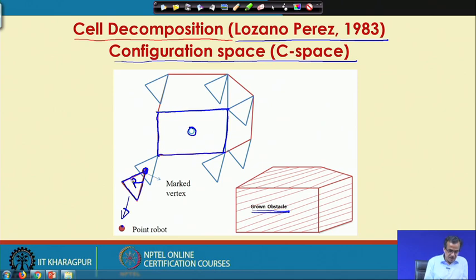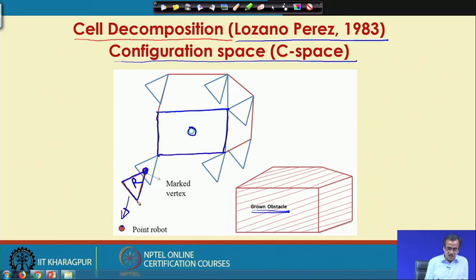Now, what is the problem? The problem is we will have to find out a collision free path for this particular robot, so that it does not collide with this particular obstacle, and this problem is equivalent to determining a collision free path for the point robot in the presence of this type of grown obstacle. Now, let us see how to achieve this grown obstacle. Here I am just going to put one condition.